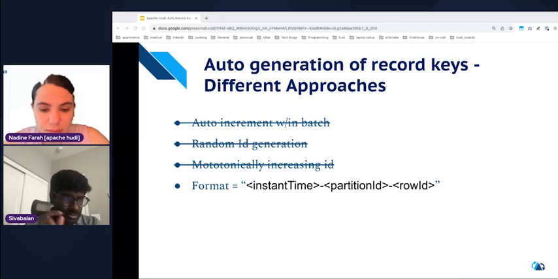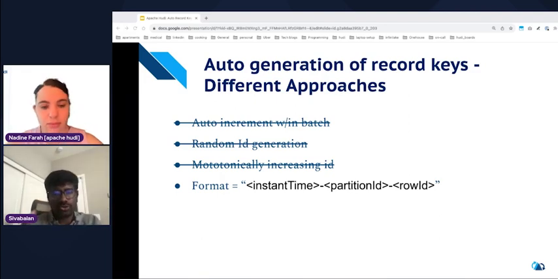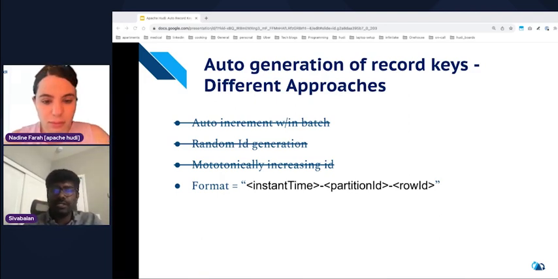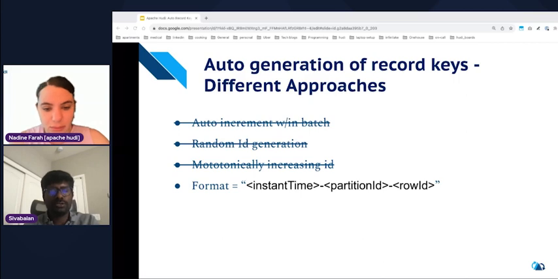In fact, around the same time when we were devising this auto generation within Hudi, we got to know that someone from the open source community was using monotonically increasing ID, and they reached out to us that very occasionally, during Spark failures, they are hitting some issues. Can we help with